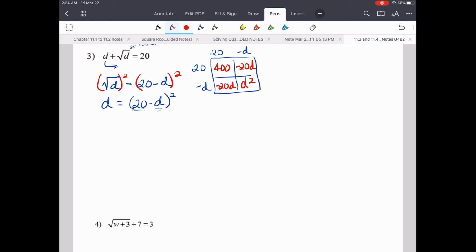Sorry, that looks like an a. d squared minus 40d plus 400. And then let's get that d over. So now you got 0 equals d squared minus 41d plus